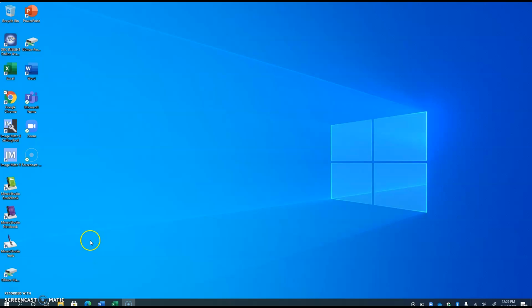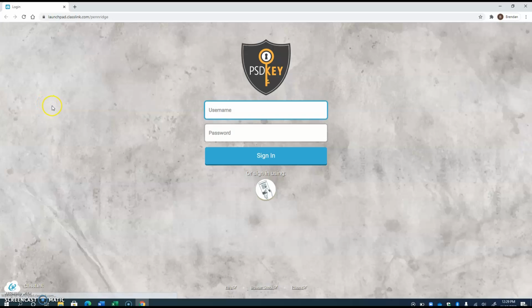Today we're going to learn about logging into Flipgrid and making a Flipgrid. So first you're going to go into Google Chrome. You are going to type in your username